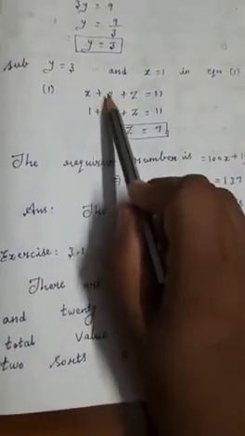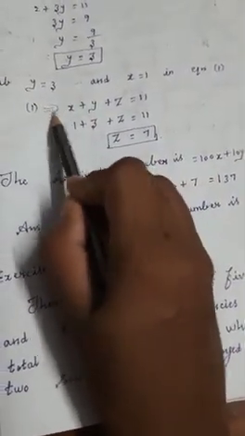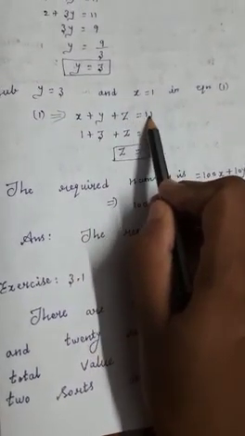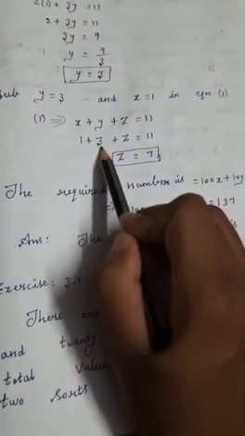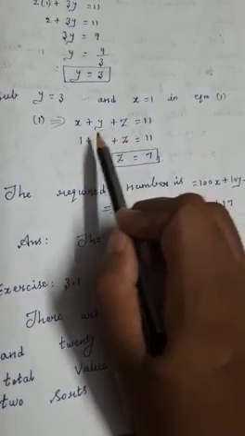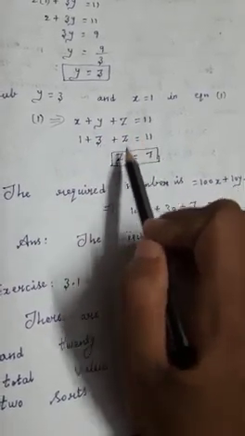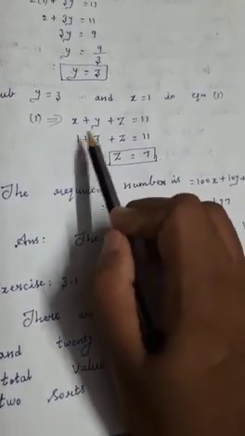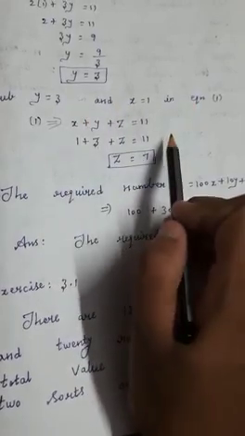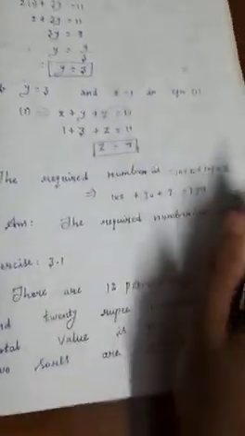So you can consider equation 1 implies x plus y plus z is equal to 11. The x value we know, the y value we know, substitute those instead of x and y. 1 plus 3 plus z is equal to 11, then z is equal to, while plus 4 it will come. So plus 4 if we transpose to that side, minus 4. So z is equal to 7.